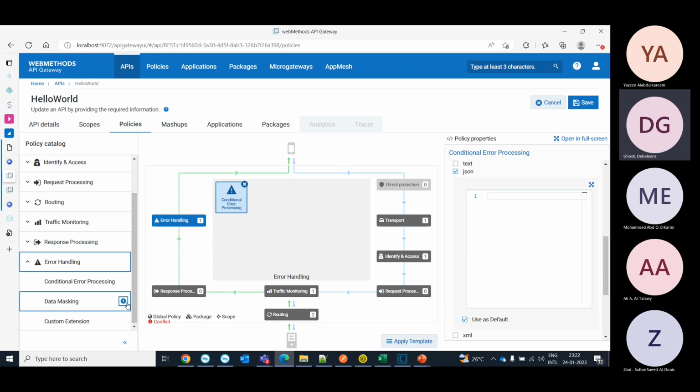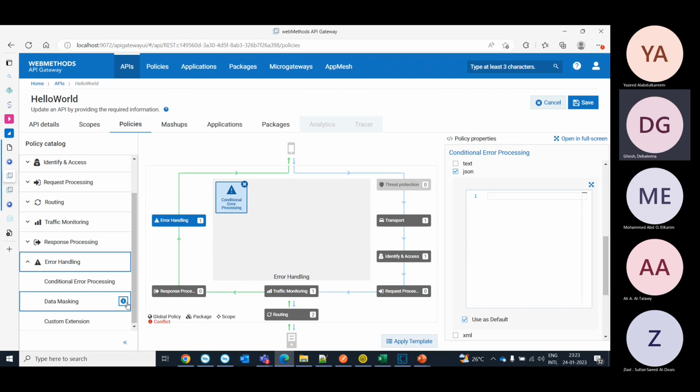If there is sensitive information present in the request and response, we can use this masking logic to hide it from being logged in plain text format. Tomorrow I'll present these two demos